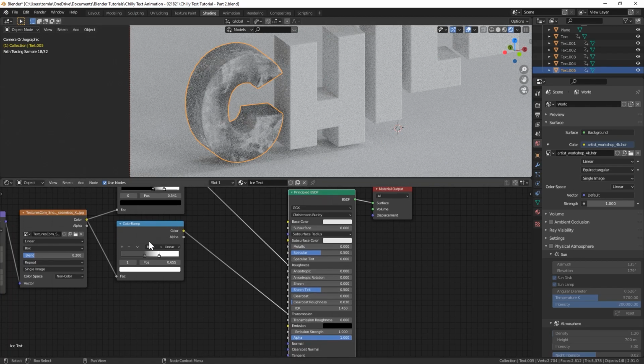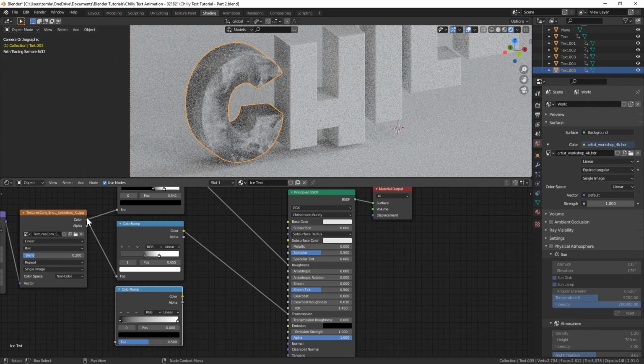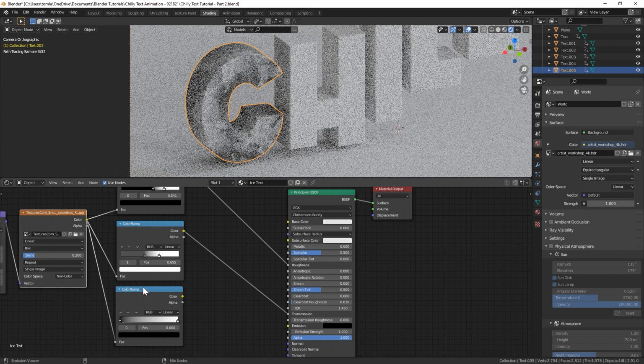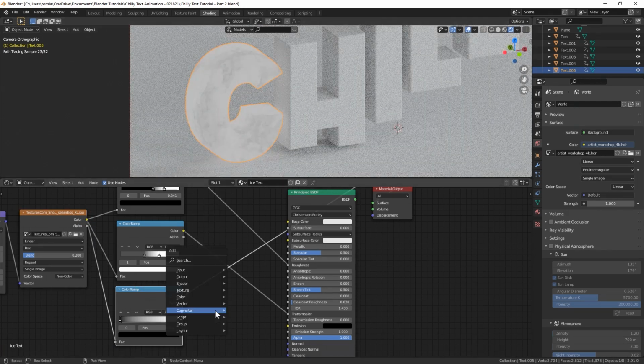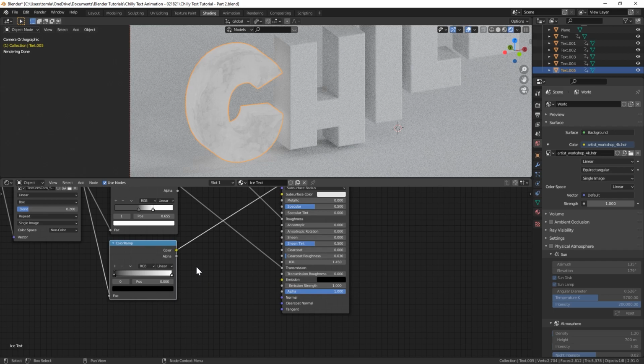All right. And then we're gonna duplicate this one last time, and we could just reset it. So you could just do this little drop down and reset color ramp, plug that in. And this is going to be used as our bump input. So let's bring in a vector bump node. We'll plug that into the height. And then the normal will go into normal right there.